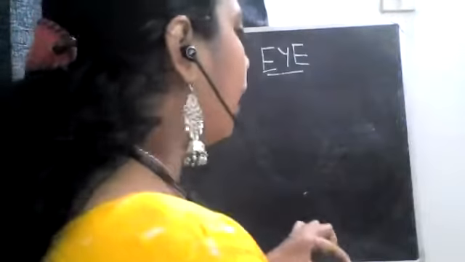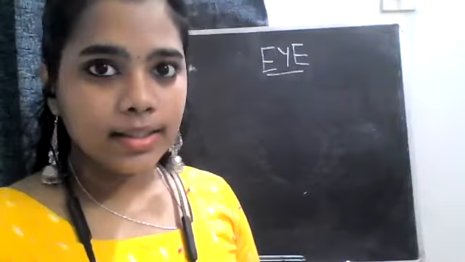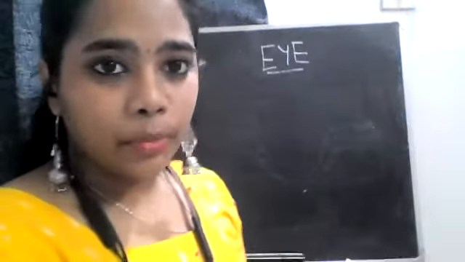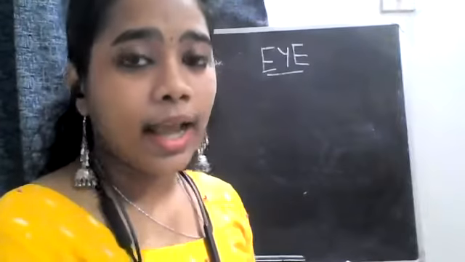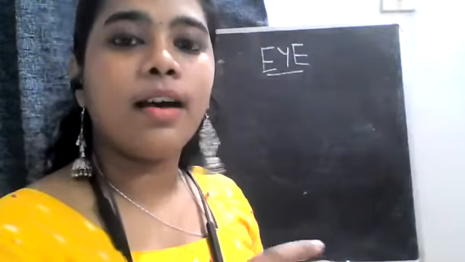Before we start, I have a couple of instructions. One is I will be turning around and facing the board. When I'm facing the board, I will be talking through each of the steps so you can follow. Another thing is that every time I say we are drawing a layer, that means you have to draw two lines parallel to each other. That's what a layer means. Now let's start with drawing the eye.